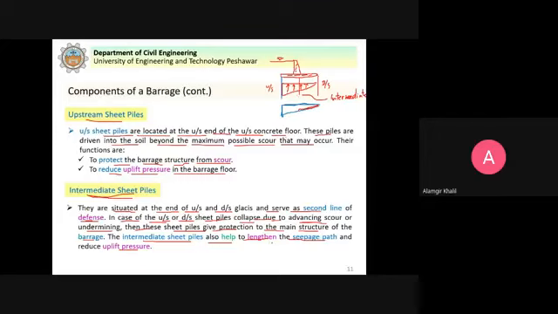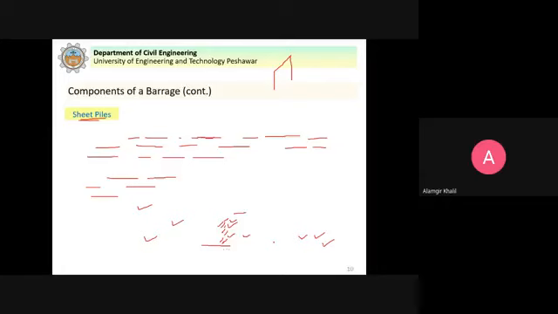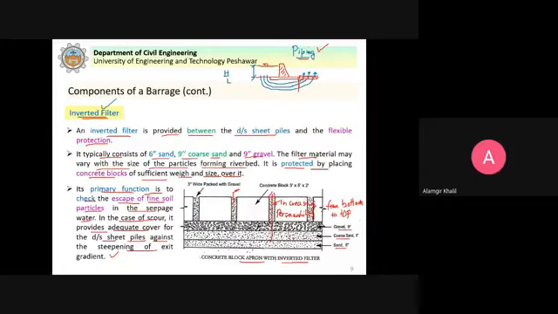So it helps to lengthen the seepage path, because when the seepage path is more, the head loss will increase. And you see here in this figure, if I go back, we want to increase this seepage path as much as possible, because